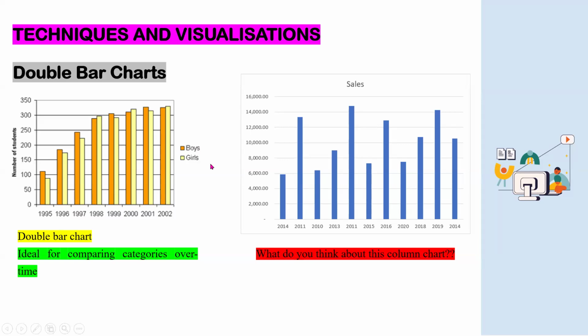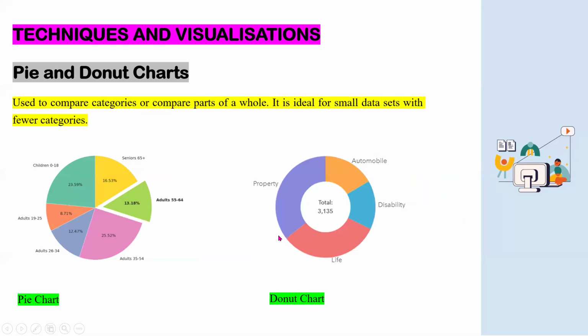But when the groups become plenty, it becomes difficult to use this one for those kinds of comparisons. Now, I think we've seen this one before, but I'm going to ask again, what do you think is the challenge with this one? Of course, you see that the years over here are not arranged in a very good way. So relying on this visual to make decisions is going to mislead us.